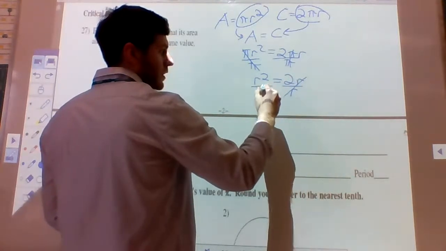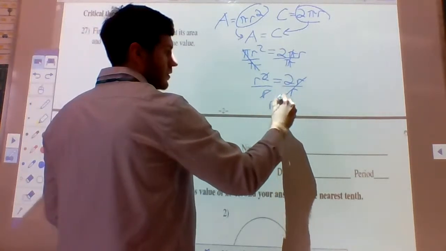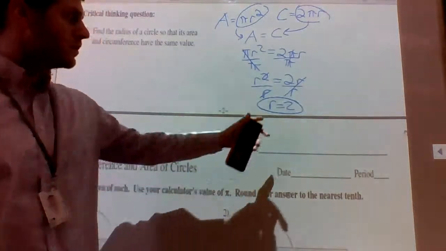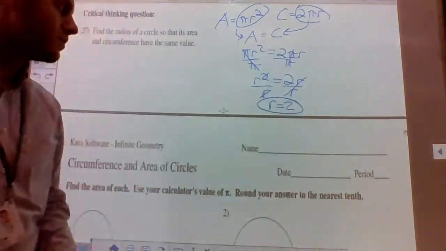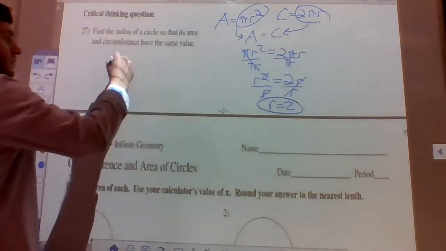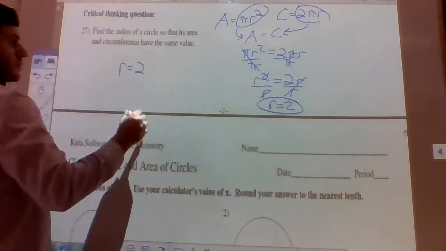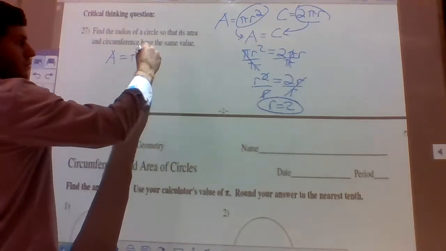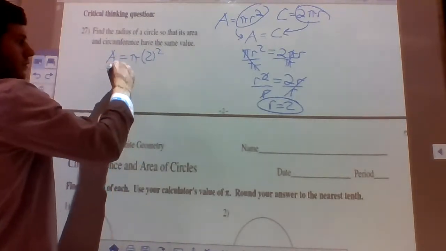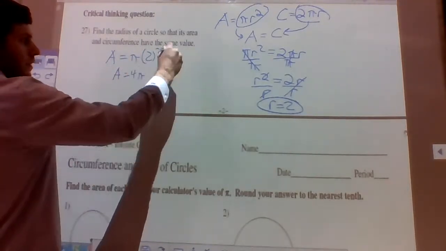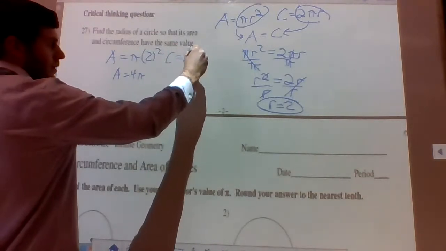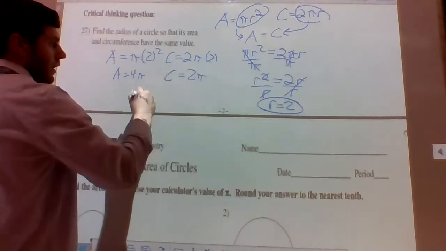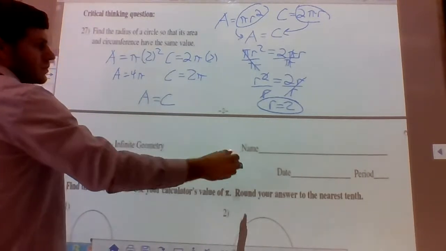So this is going to cancel out with one of these. So we get r equals 2. Right, r squared divided by r is just r. So the radius of a circle is going to be 2. And we can test it out. So area equals pi 2 squared. That's going to be area equals 4 pi. Okay, circumference equals 2 pi times radius of 2. Circumference equals 4 pi. A equals C. So our answer is